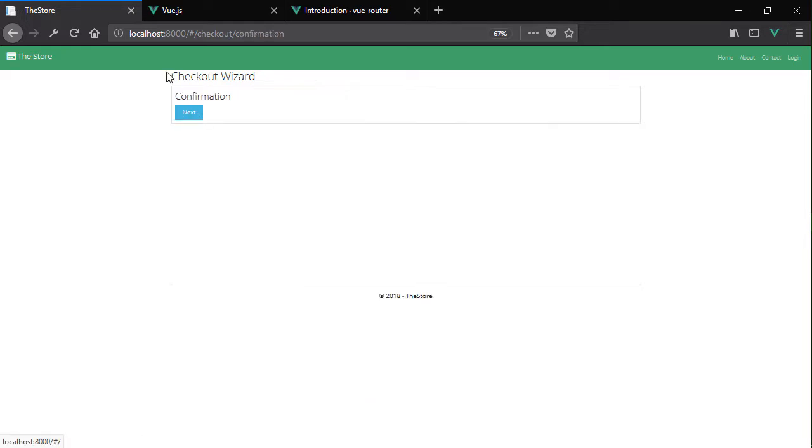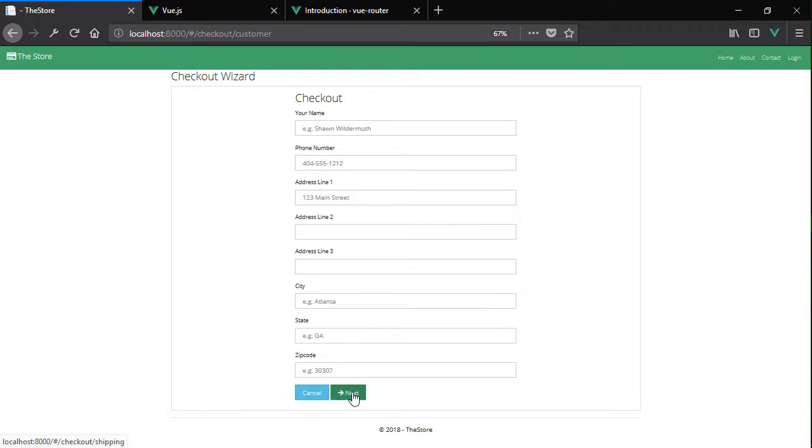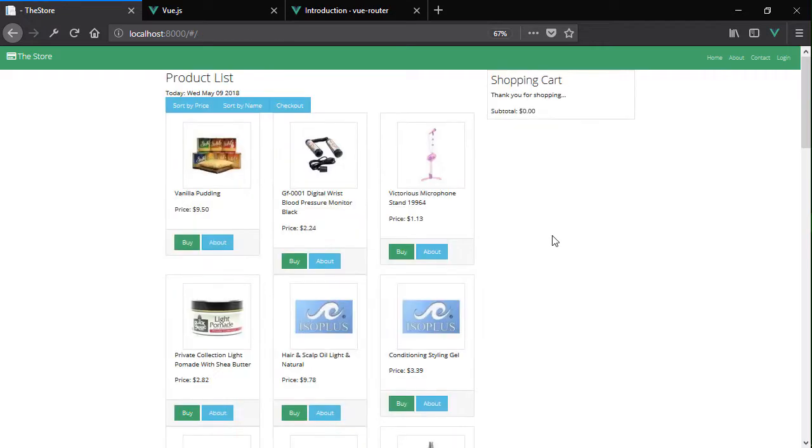And notice the checkout wizard isn't changing because this whole router link on the top page isn't being changed. Only the nested router link is being changed. So we can now have, even though none of it is really defined, our entire checkout process. Put in your customer, put in your shipping, and press next to confirm it, and then you're back to the product list. And so nested routes are therefore to handle and be able to do composition of your components at